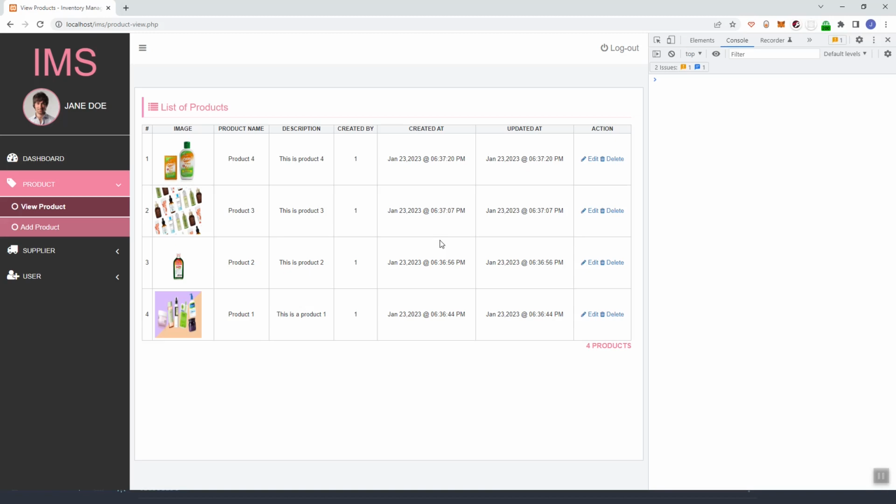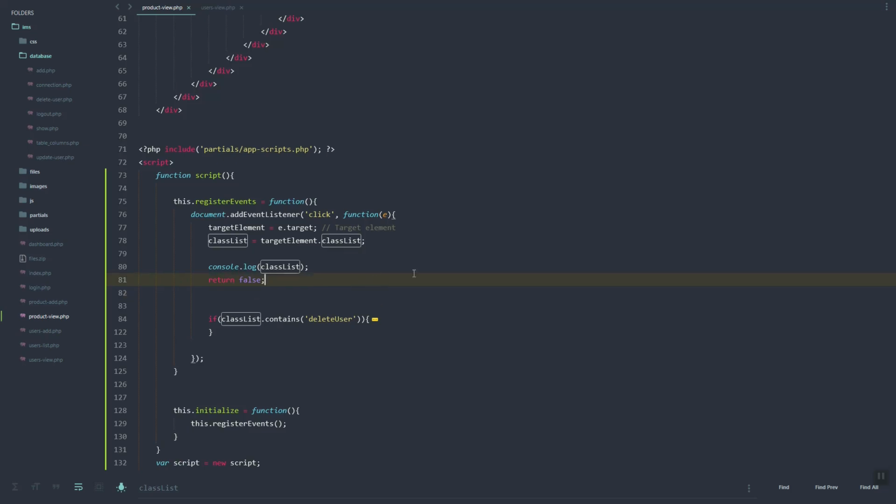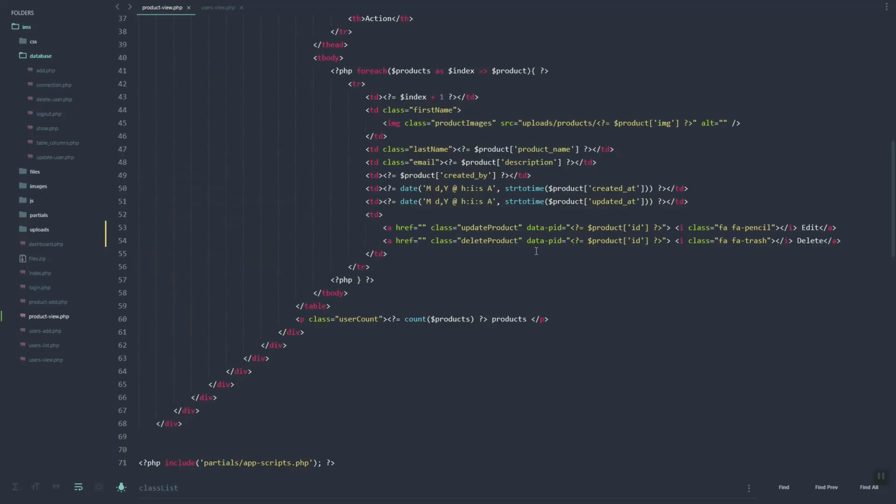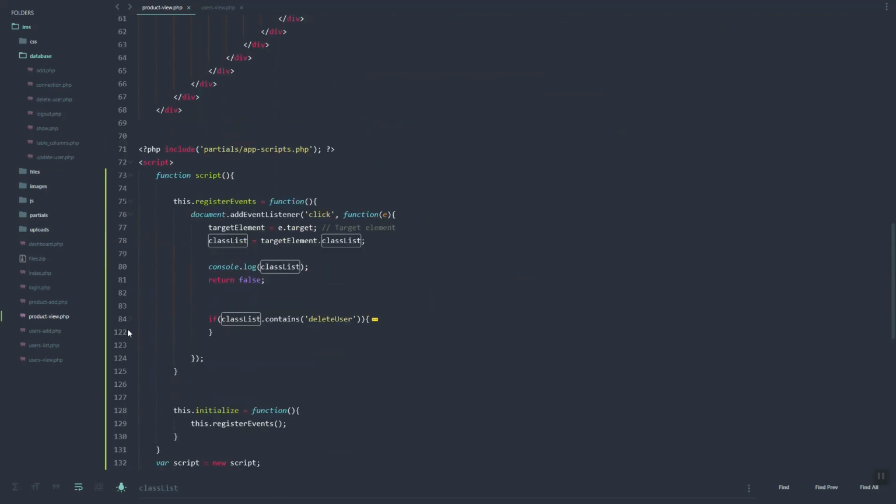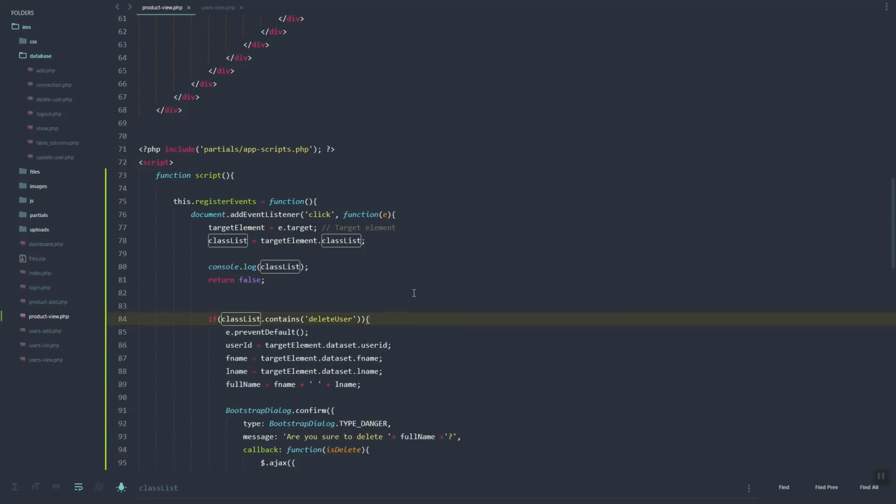So if we refresh, click, as you can see there's no value. Let's click the edit. As you can see here, we have this update product and update product token, also the delete. The reason why it's refreshing is because the edit and delete is an A tag, and its default mechanism is to redirect to a page. So to avoid that one,